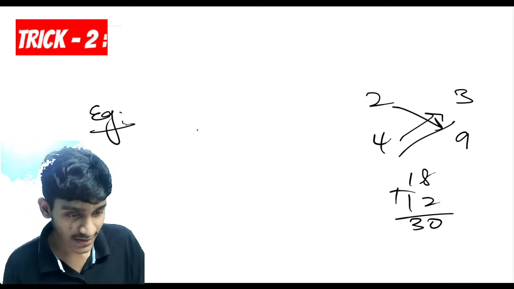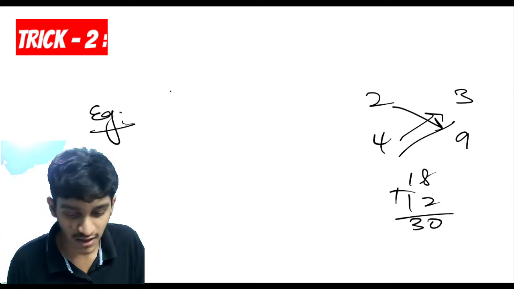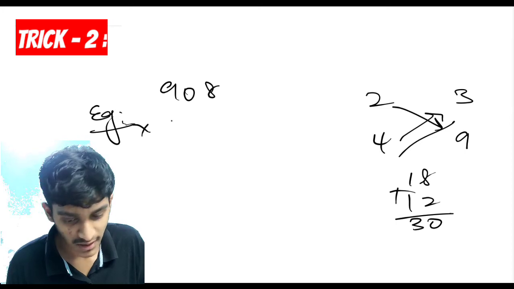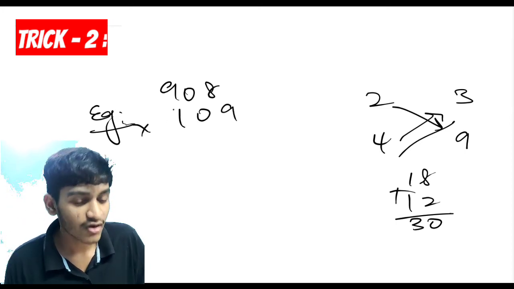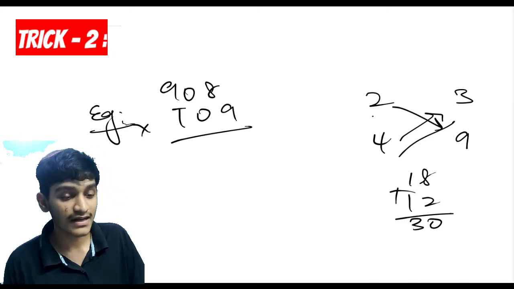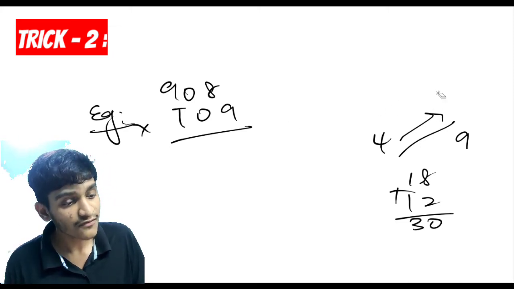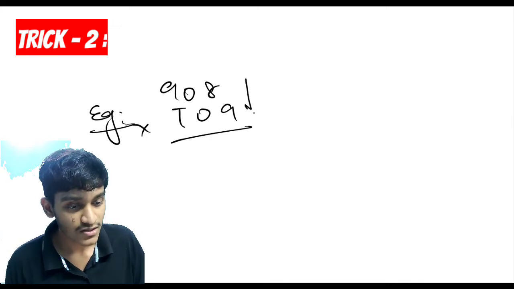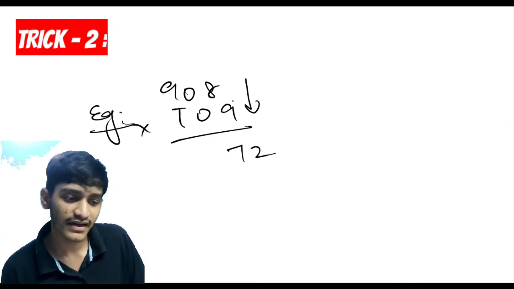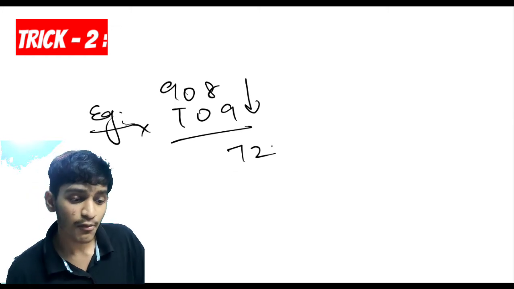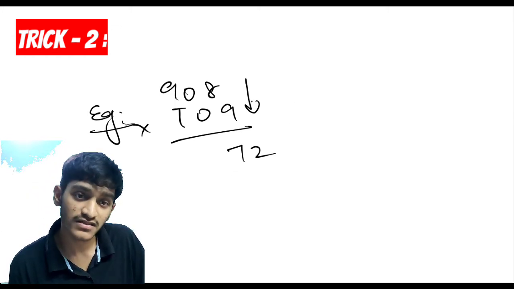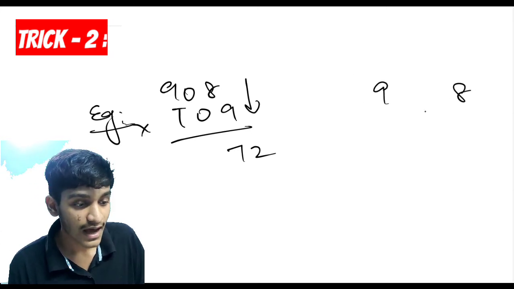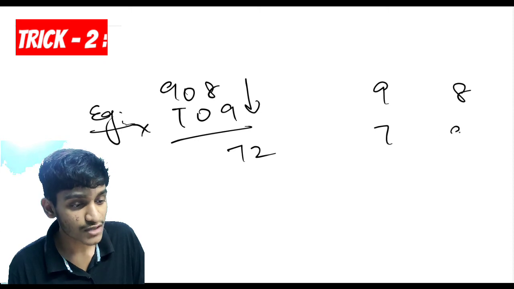Now let me give you another example where I use this method to solve another problem. So 908 times 709. Let me try and solve this problem using this technique. The first step, as in the previous example, is to multiply these two: 9 8s are 72, and I'll write 72 here. Next I write the numbers beside the 0 in the middle. 9 and 8 are beside the 0, and 7 and 9 are beside the 0. Now I'll cross multiply and add them.